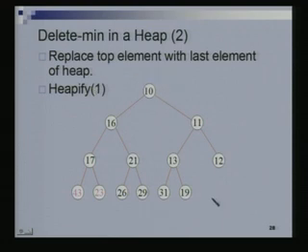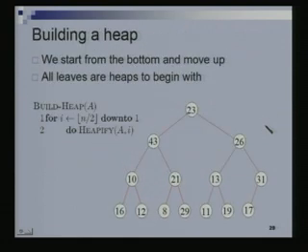To recap, in the delete min procedure, we remove the minimum element, take the last element of the heap, which means go to the last level and take the rightmost element. In the array implementation, this just corresponds to the last element in the array. Take that element and put it at the root, and then just do a heapify on the root, heapify 1. So, this would make this entire thing a heap once again. So, this was the delete min procedure, fairly simple. All it required was the heapify procedure.